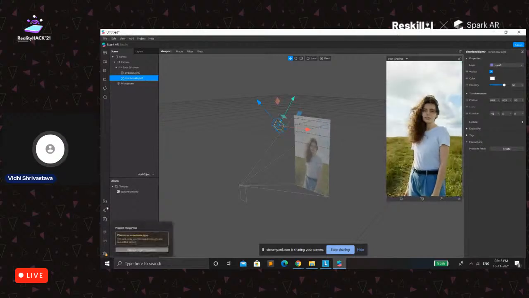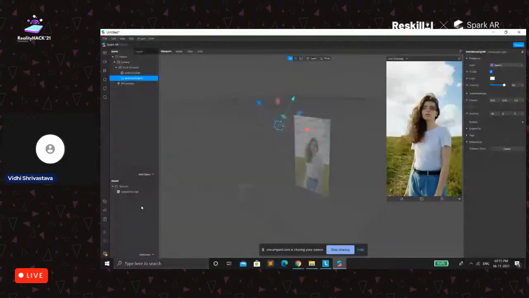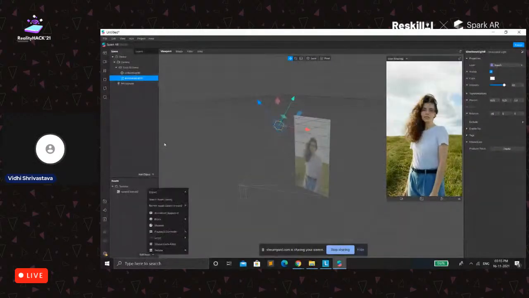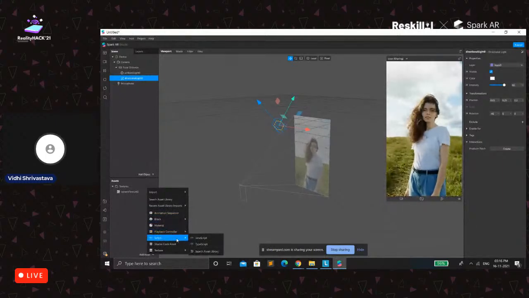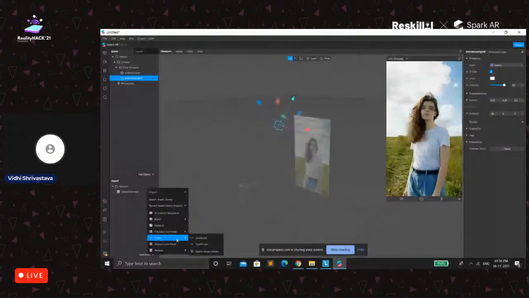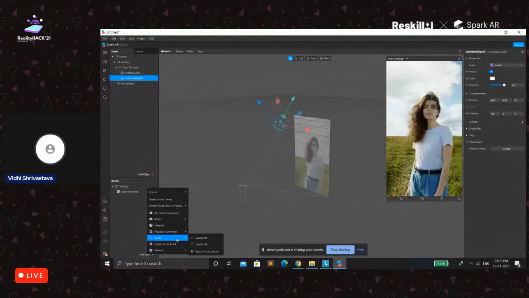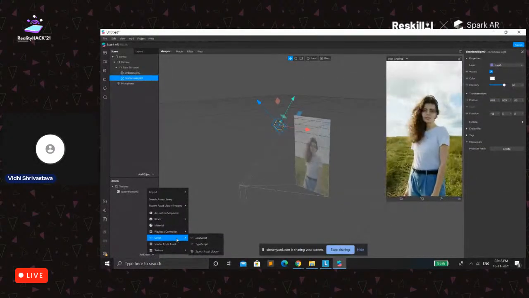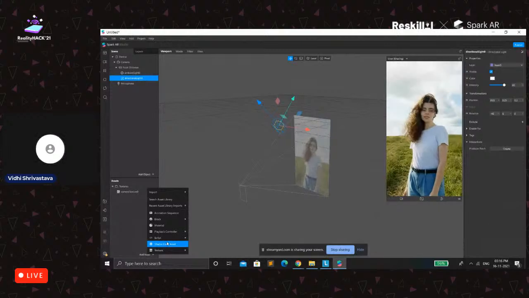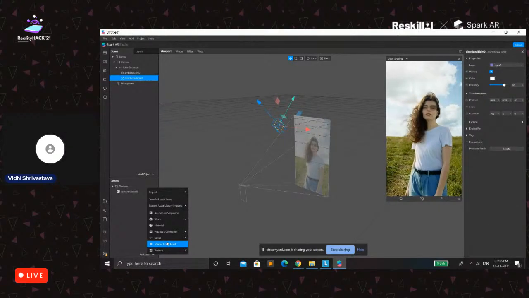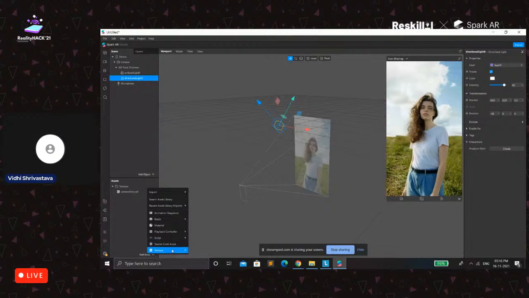So we have the assets. In the assets we add the different assets, like we add materials, we add animation sequences, or if we are coding it, we could add scripting too. There are two languages that Spark AI supports. One is JavaScript and the other is TypeScript. If you are a little bit intermediate, or you have more knowledge about these languages, you can run it, see how it works, and you could easily find it interesting.